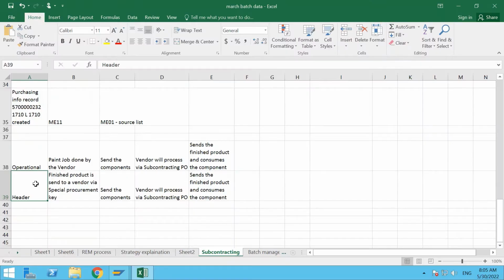What if a product is completely manufactured by a vendor, and then we are selling it under our name? That also happens. So for that, what are the requirements? What are the prerequisites? I'll just tell you the prerequisite. Prerequisite is definitely the subcontracting